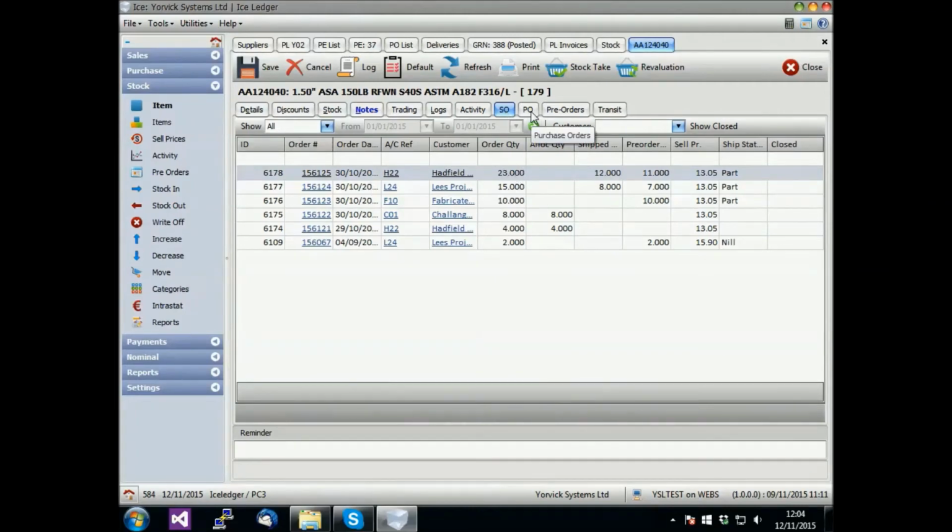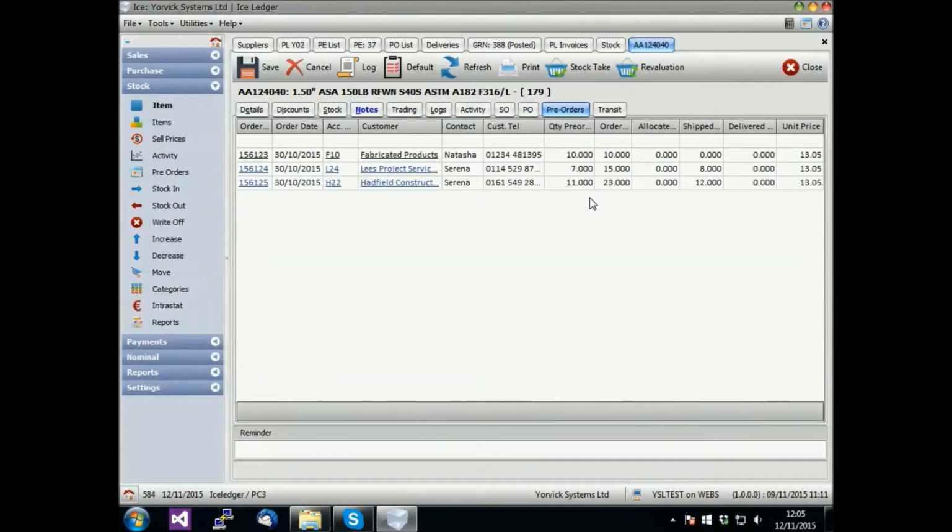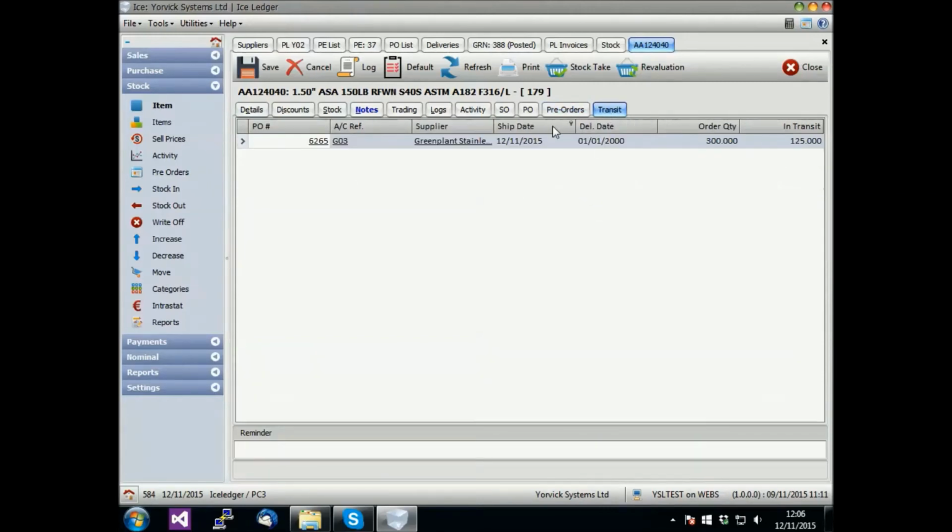Similarly, you can view all purchase orders associated with buying of the item, list of sales orders that the item is in but where stock has not yet been fully allocated, and transit. If the item is on order from a supplier and the item has been shipped, for example by sea, and there is likely to be a delay in its arrival, then here we can see the shipment is on its way.